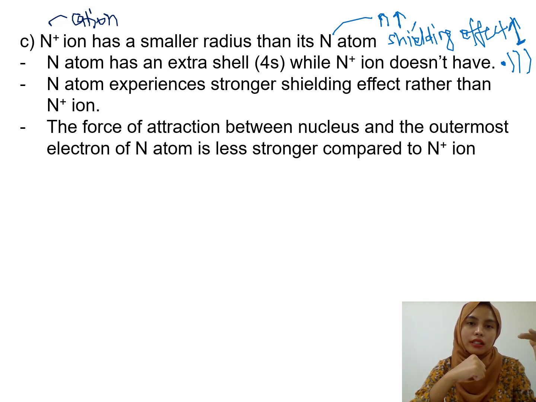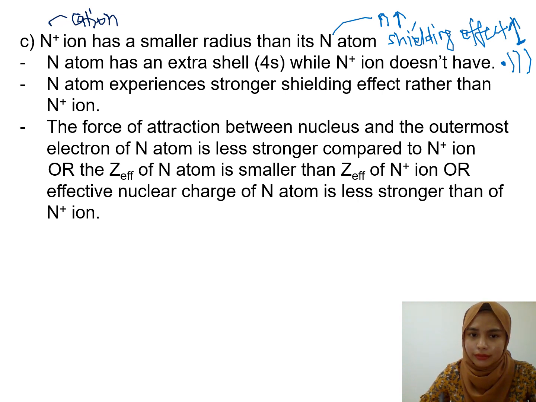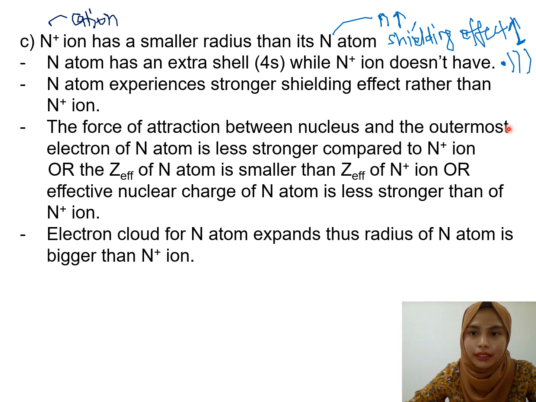Makanya, the size ataupun the orbital size akan mengembang, kan? Ataupun you can say that, sebabkan an atom ni, dia punya shielding effect dia lagi kuat. Therefore, dia punya effective nuclear charge, ZF of an atom ni, kurang ataupun tiada, okay, kurang daripada compared to n plus ion. Alright, and next, bila shielding effect bertambah, the attraction between nucleus and the valence electron kurang, weaker, therefore